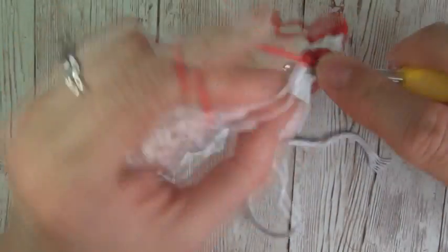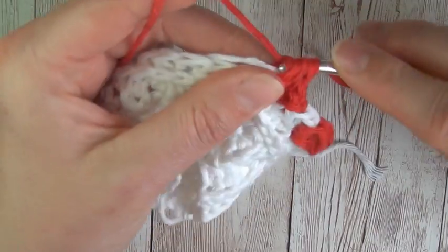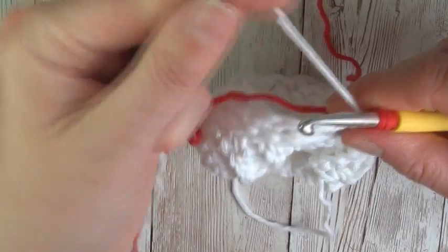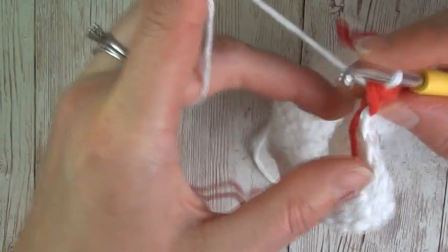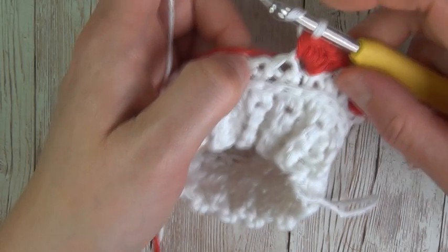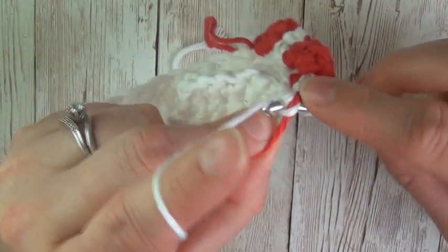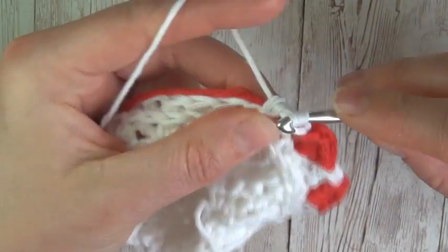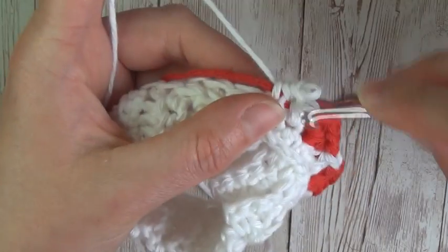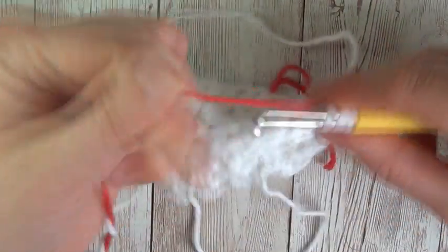So in the next stitch we're doing our 5 red half double crochets. Four, oops, 5, and before we finish that stitch we'll carry it over, change the colour of our yarn, and in the next 2 stitches we'll work a half double crochet in the white. Making sure just to carry that yarn between your stitches. Whoops, I didn't change on the last part of that stitch. So 3 loops on the hook, change our colour